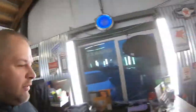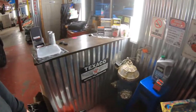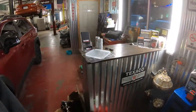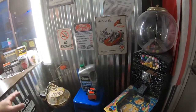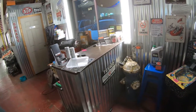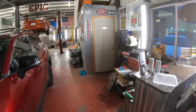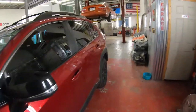So anyways, I'm going to get this area all cleaned up as well. I'm not loving it. I have this bathroom light cover off. I'm going to put an LED bulb in the bathroom. So we're probably going to move the pinball machine and potentially the fire hydrant and get those out of the way so it opens up this walk-in area a little bit better. I love the pinball machine and the fire hydrant, but we're just either going to have to put them upstairs for now, or we'll potentially find a place